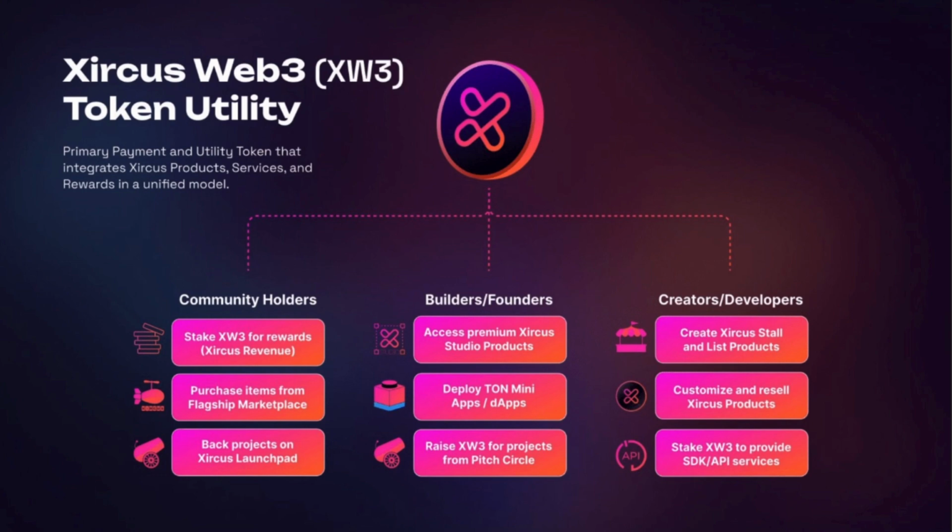So imagine using your XW3 to buy a limited edition LP, vinyl, from your favorite artist, or a piece of tokenized real estate, all within the ecosystem that we are building. We are talking about the Circus ecosystem, but the bigger picture looks actually more interesting. And this is what I will explain in the next couple of webinars.